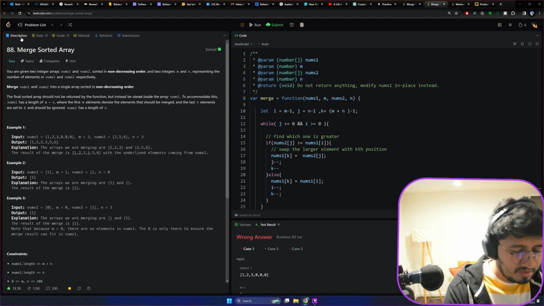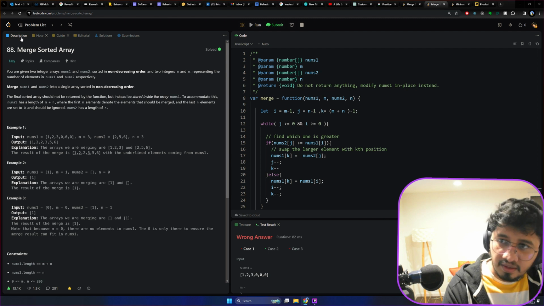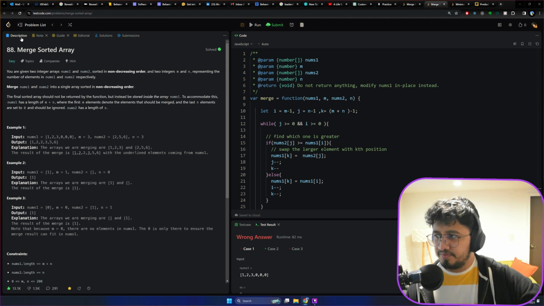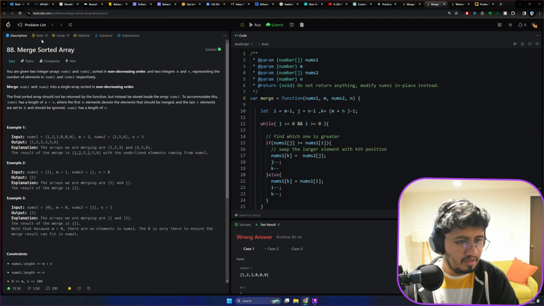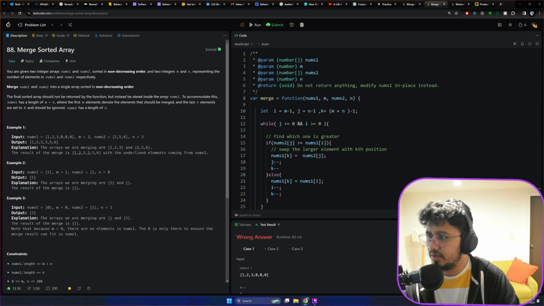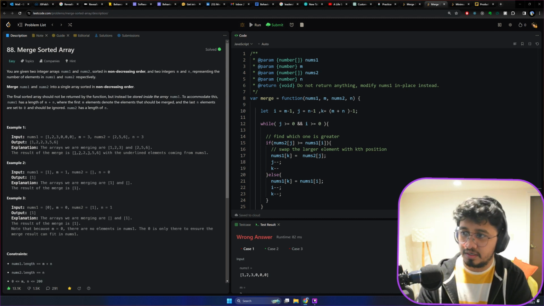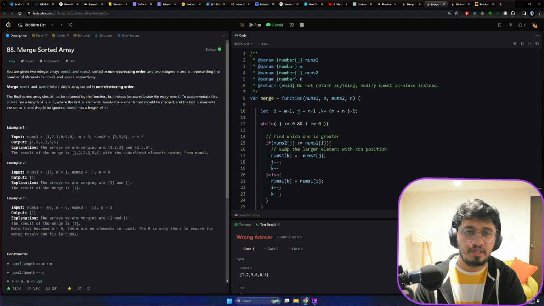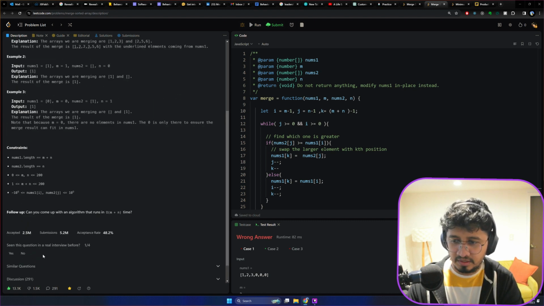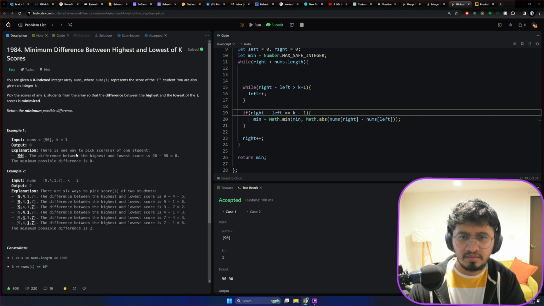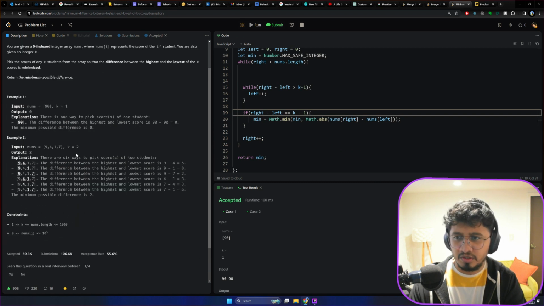So first, merge sorted array. Okay, guys, this was a good session. We did two questions in about 1 hour. Those were easy questions, but this one was pretty tricky, and this one was a good one, but I have to